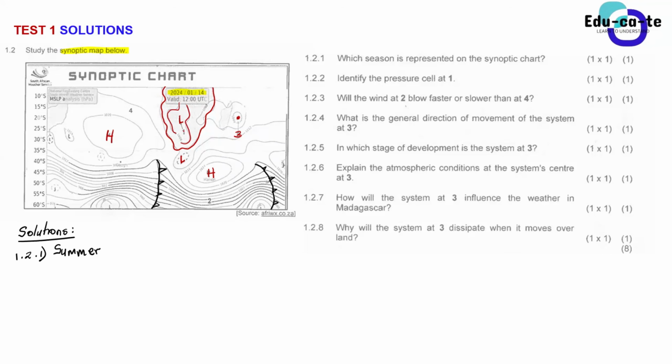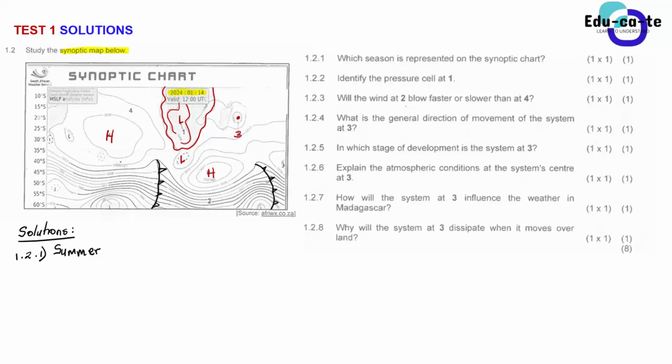What else can you guys see that will definitely tell you that this is summer? Something that has to do with a mid-latitude cyclone. Yes, Mukobe? I think I see a tropical cyclone near the other continent. Okay, that's one thing. But for those who haven't reached the tropical cyclone, it will be a bit tricky. Yes, Telmo? Sir, will it be fine if I say that the cold front is far away? Yes, that's what I wanted you guys to say, because we are still dealing with the mid-latitude cyclone.